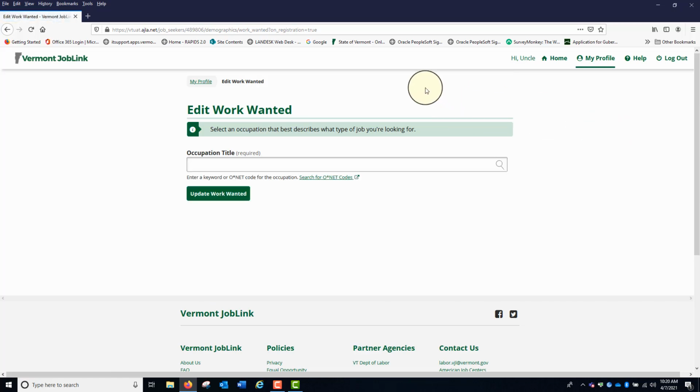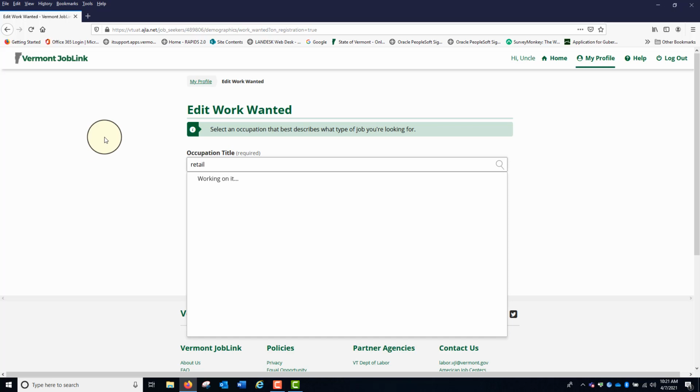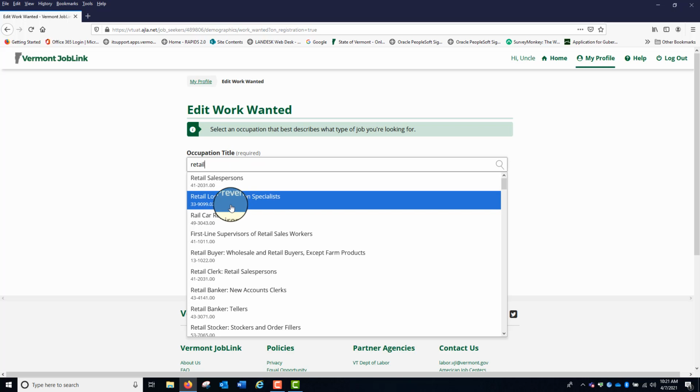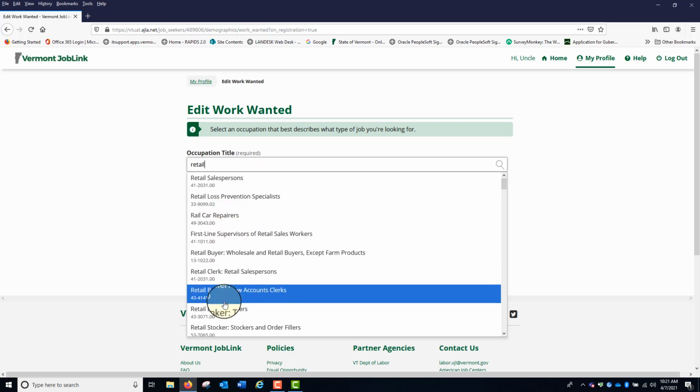Okay, so this is where it's going to be asking a question about what kind of work you are looking to find. In here, you can actually enter a keyword. I'm going to say in this case that I'm interested in being a retail manager. So I'm going to type retail, and it'll do an automatic search for different kinds of retail